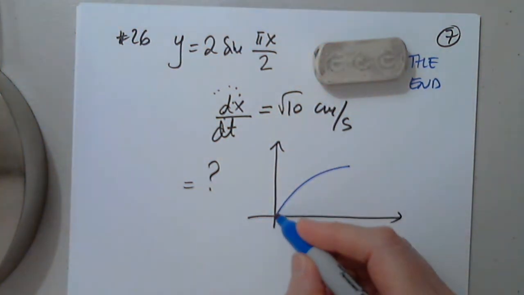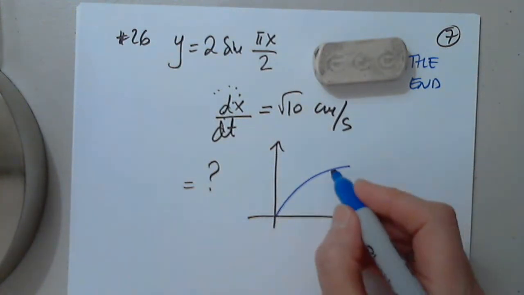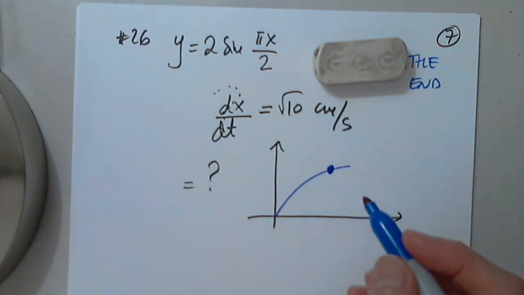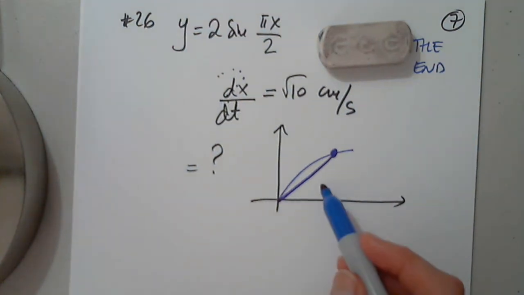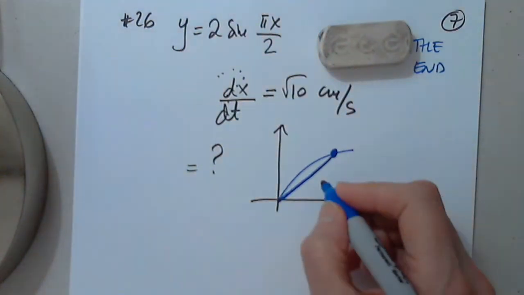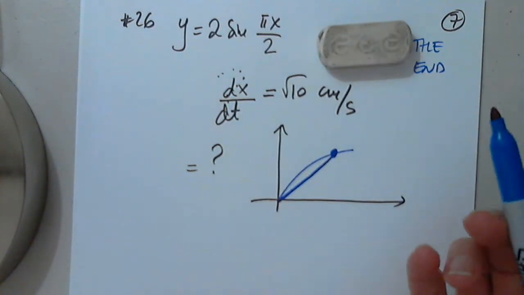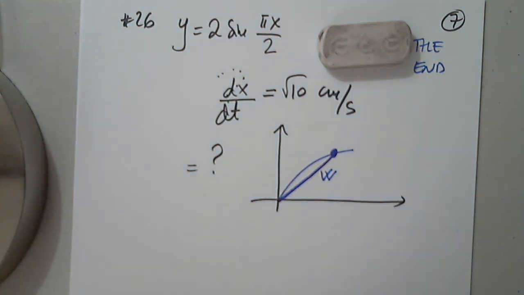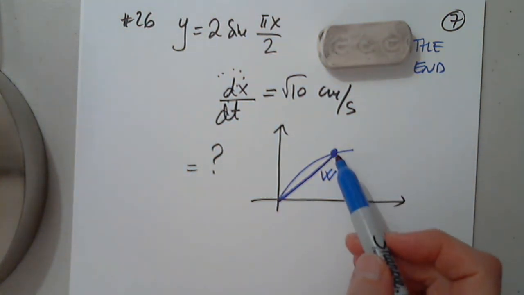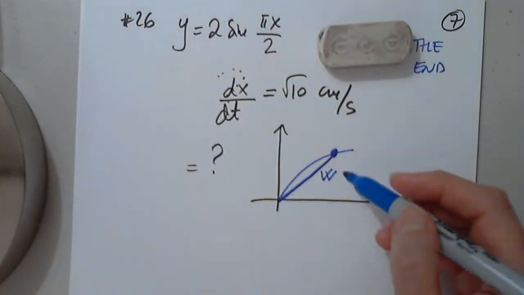So I know a particle moves along this curve, and at any point in time, let's say here, the distance between the particle and the origin, I don't want to denote it by d. I'm going to denote it by anything else but d. Why? Because d is this, the derivative. So I'm going to denote it by w. So this is the particle. The particle moves along this curve with